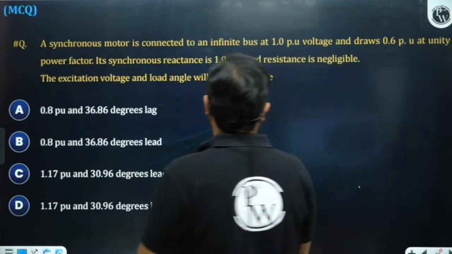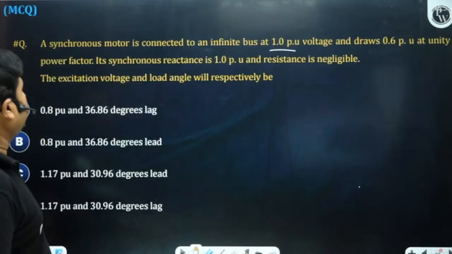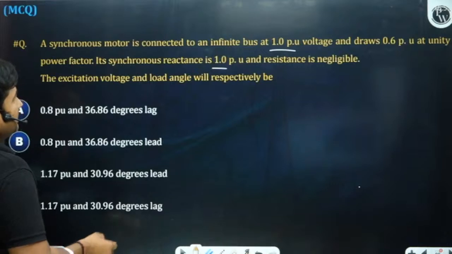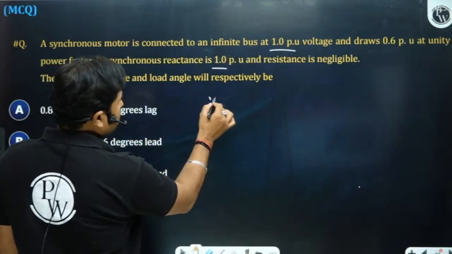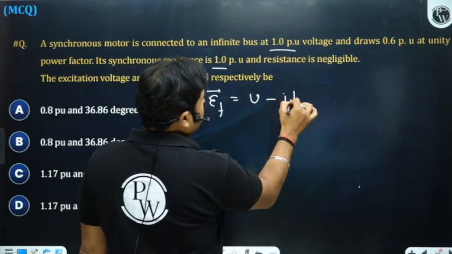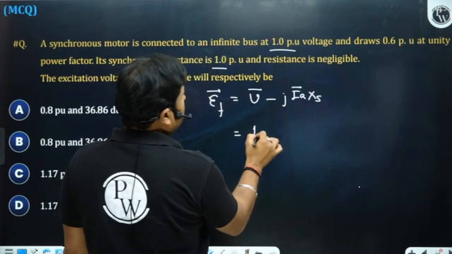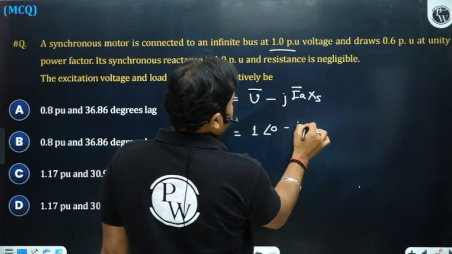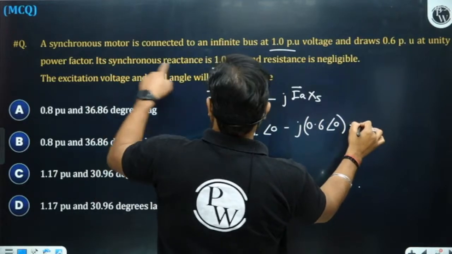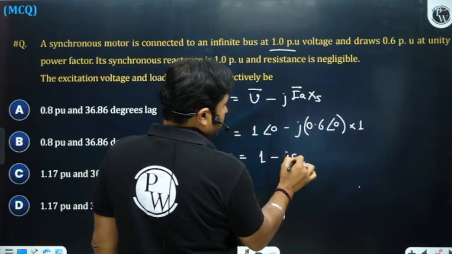A synchronous motor is connected to an infinite bus at 1 per unit voltage and draws 0.6 per unit current at unity power factor. Synchronous reactance is 1 per unit and resistance is negligible. Excitation voltage and load angle will respectively be. See, EF phasor is equal to V minus jIa Xs phasor. So we have 1 per unit minus j 0.6 at an angle 0 into Xs, which is also given as 1. So 1 minus j 0.6,